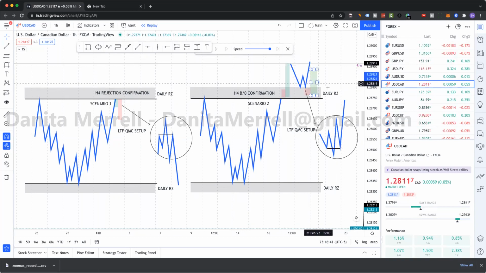Now, what are we targeting? So this is daily resistance. So we're going to just be targeting the weekly resistance. That's it. You're just going to be targeting weekly resistance. So from daily to weekly. Now, if you're on H4, you're going to be targeting daily, and so on. So same thing. You're just dropping down time frames.